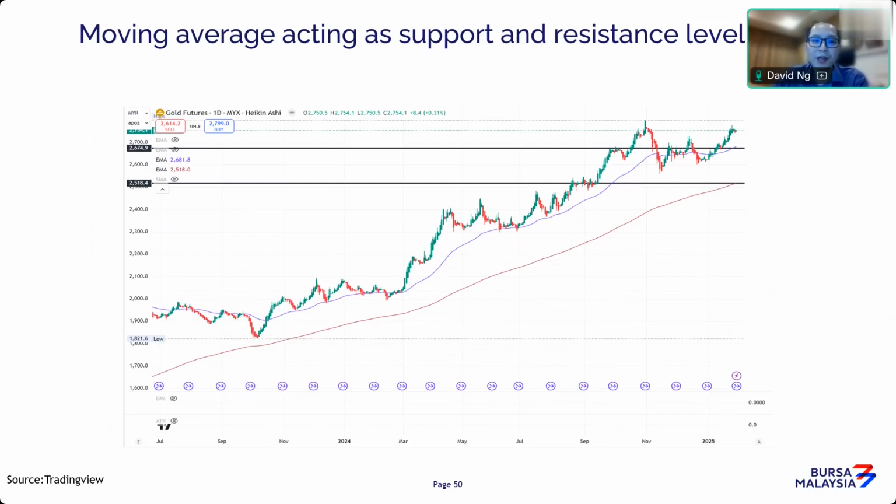Now, besides that, you can obviously pair that with moving averages as a way to look at it. Moving averages also act as a support and resistance level for the gold market. You can clearly see gold, despite hitting all-time highs, is still trading above the short-term average, and the average line is probably around 2,800 per troy ounce. As long as the market is above 2,800, it's still telling you the market has a bit of potential upside in the future. So the gold trend still indicates that the market is trending higher.